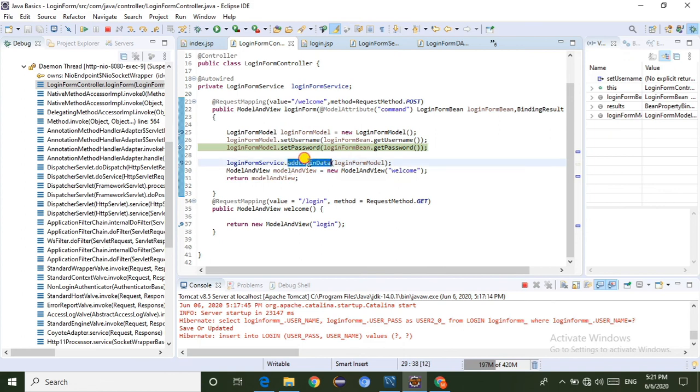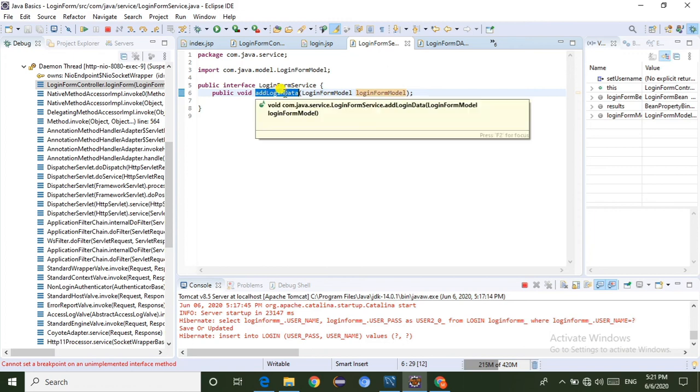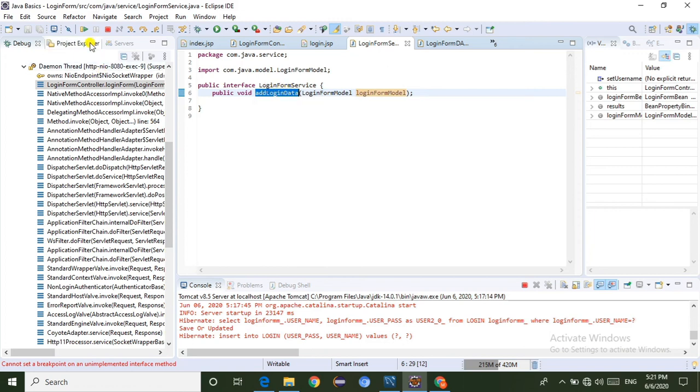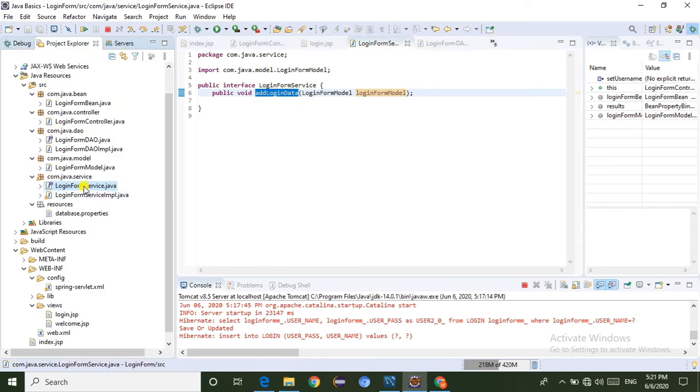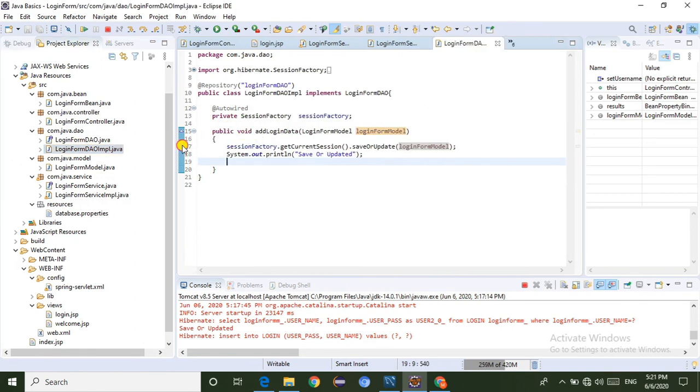So now I am going to put breakpoints: one breakpoint in the service layer, and one more breakpoint in the login DAO implementation.